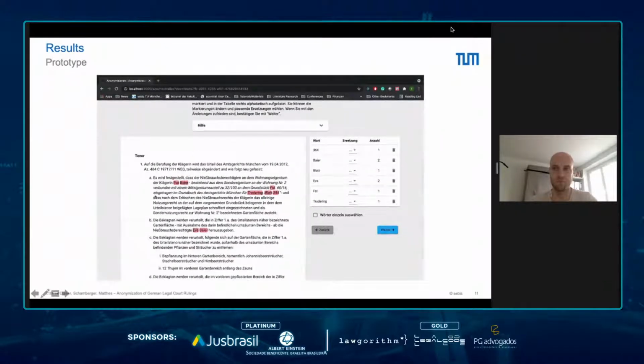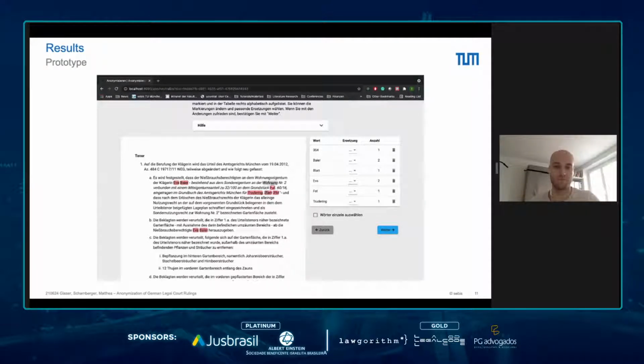And on the left-hand side, you see now the document, including annotations of sensitive information. On the right-hand side, we also have an overview. And as you can see, the model really pays attention to the actual entity. It's not just a simple named entity recognition. So you can see here, the location Munich won't be anonymized. However, this true bearing will be. And also the plaintiff, if a buyer, for instance, is detected, then that should be anonymized.